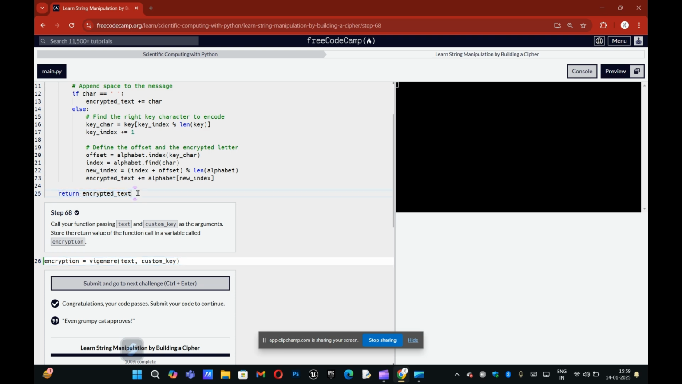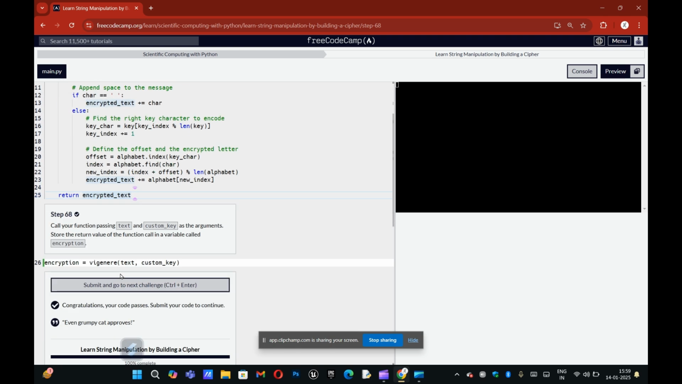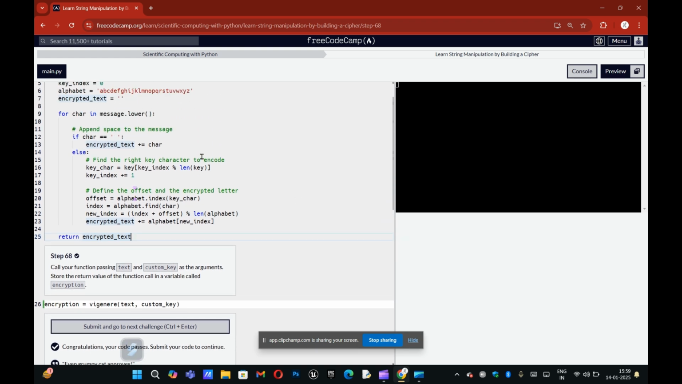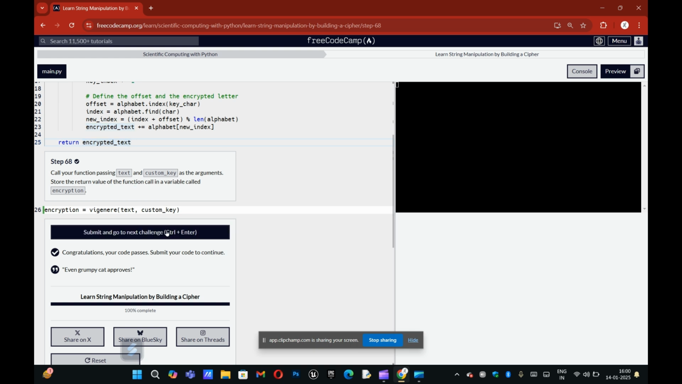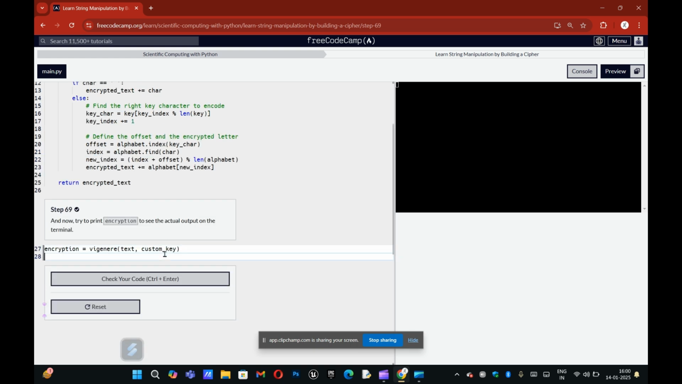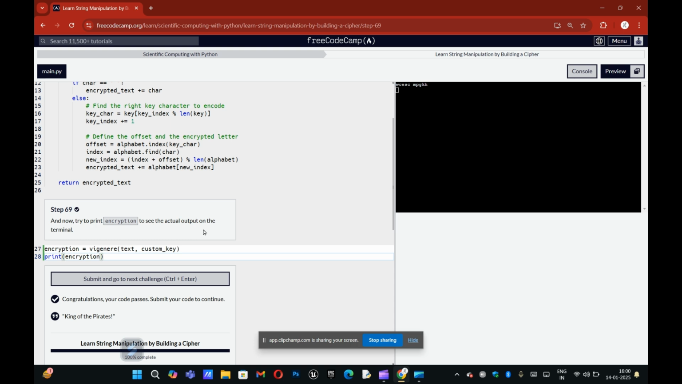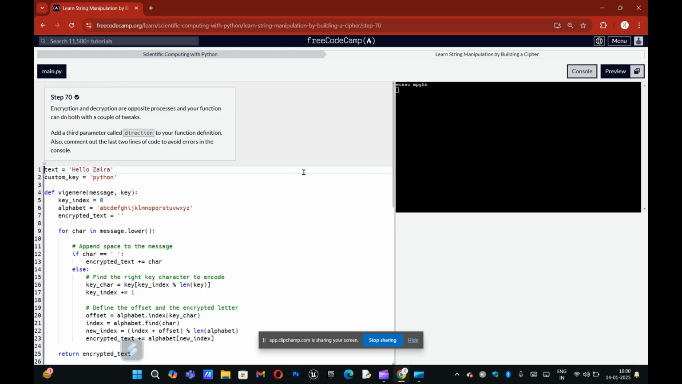Since the value is already stored at the end of the function and not in any if else or for loop, it will just directly say it at the end. Now we have to print encryption, which will show us the encrypted text in the end. This is for hello Zaira right here, and you can see it's working quite well actually. Okay, so